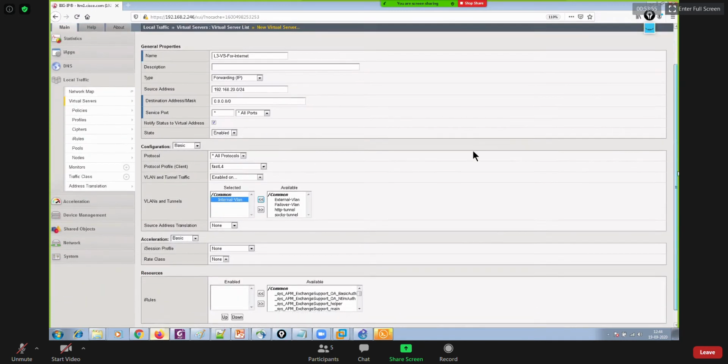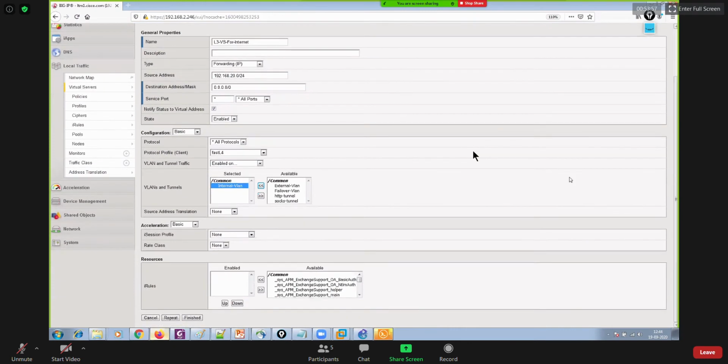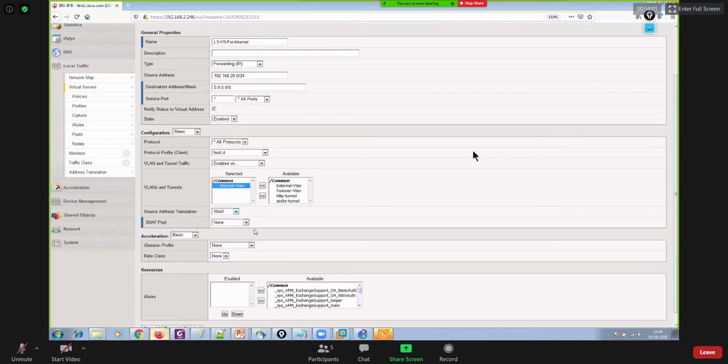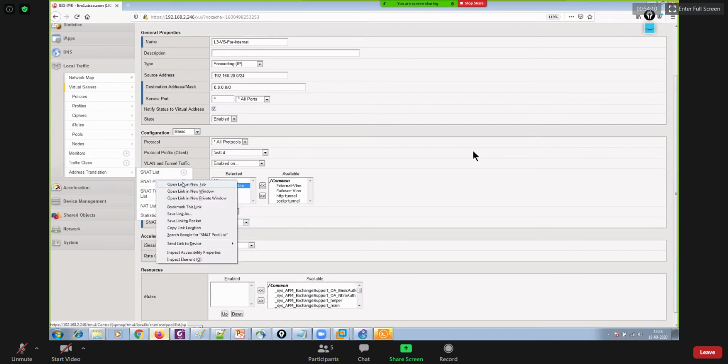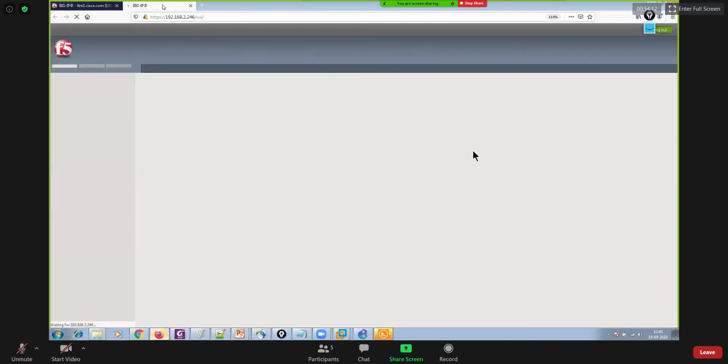Thereafter you can scroll down and enable source address translation by using the SNAT pool. So you would have to create the pool, which I don't have at the moment. First I'll have to create a pool, so let me go back to the SNAT pool list and create one, because I said 5.5.5.50.